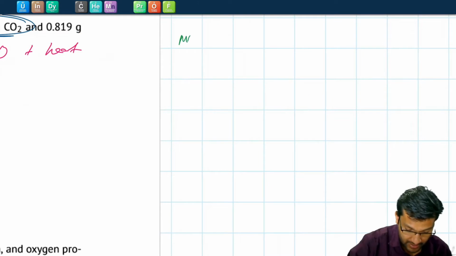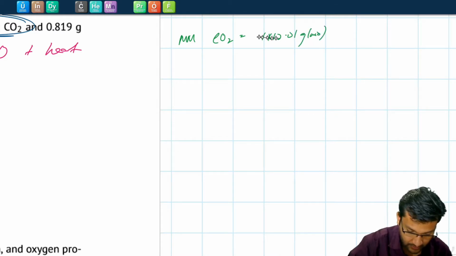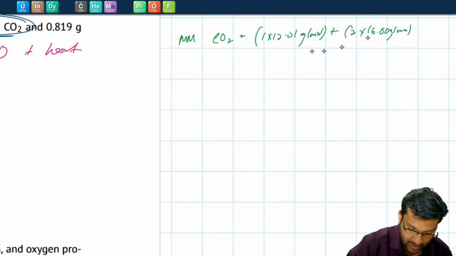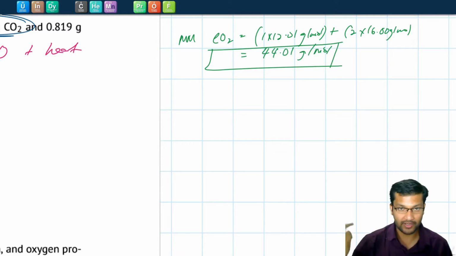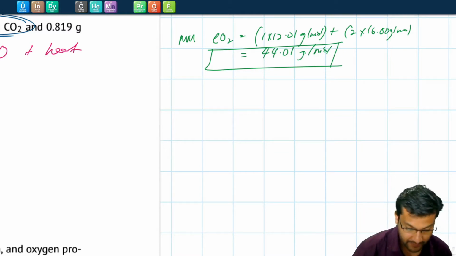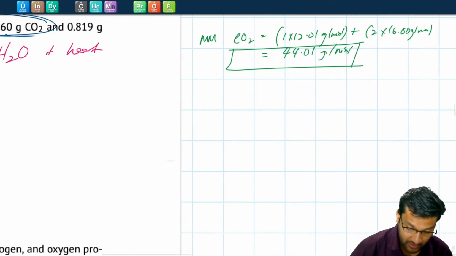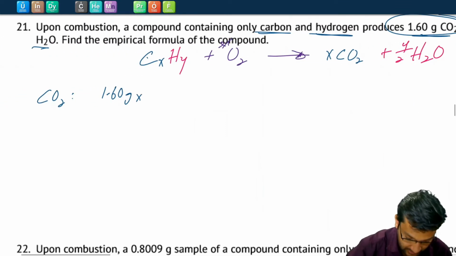So the molar mass of carbon dioxide is 1 times 12.01 grams per mole for carbon, plus 2 times 16.00 grams per mole for oxygen, which gives us 44.01 grams per mole. You'll probably use this a lot, so it might be a number that you'd want to memorize or have written somewhere. But 44.01 grams per mole is the molar mass of carbon dioxide, so you divide by that,